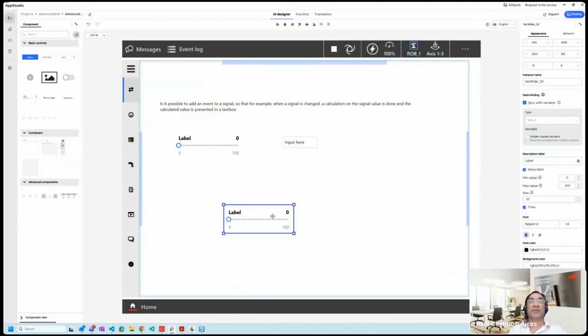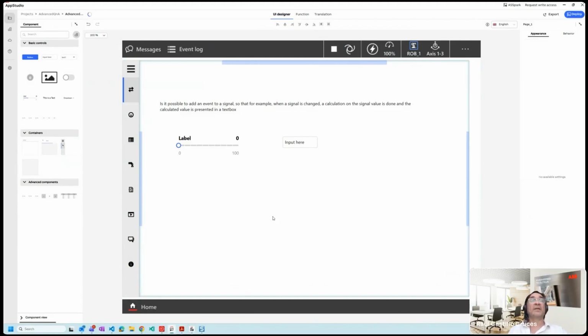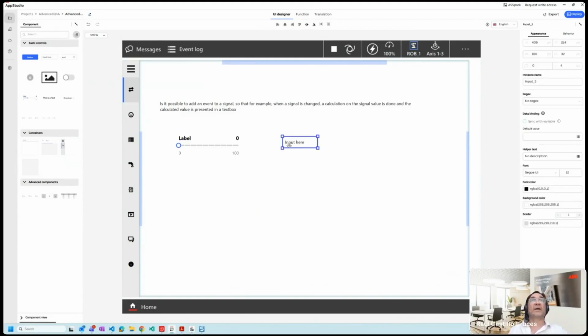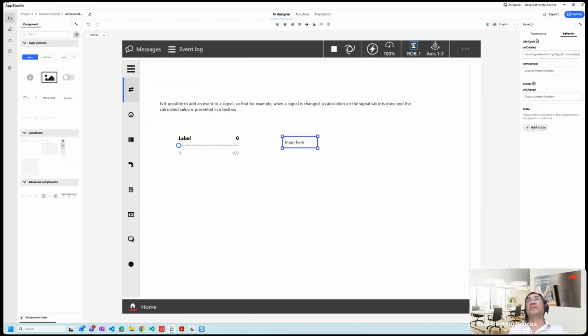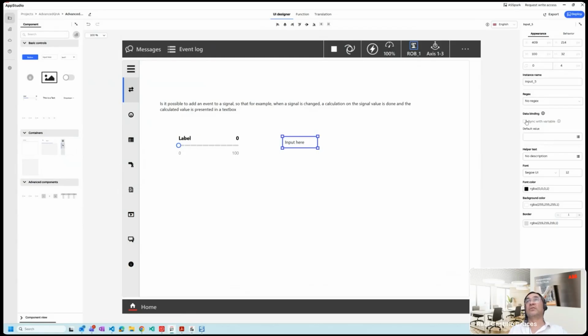That will do the trick in this first part. And the question is how I am connecting this one as well and modifying the value. In this case, I could also synchronize with the signal,